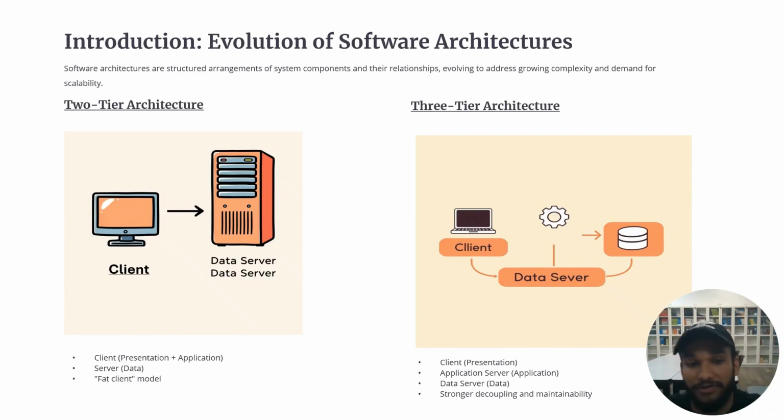If I talk about the introduction, the evolution of software architectures, we have two types: two-tier architecture and three-tier architecture. In two-tier architecture, we have a client and a server. If a client makes a request, it is sent directly to the server and reflected back to the client. But in the three-tier architecture, there is a client, in between the application server, and at the end a data server. For example, when a client raises a request, it is sent to the application server where the microservices are working, and then that data is transferred to the data server. The data server reflects back to the application server, and it reflects back to the client. That's all about the three-tier architecture.